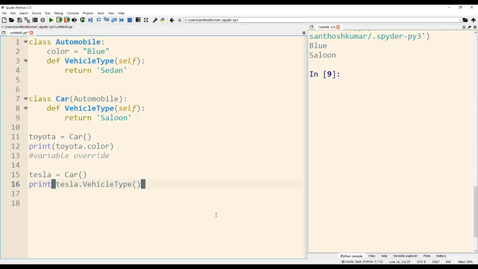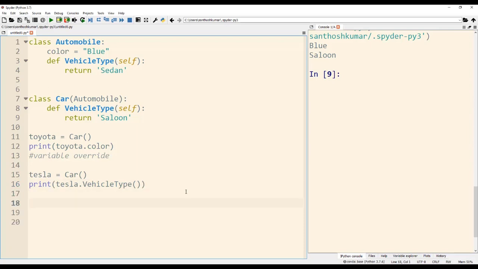So this is called method overriding. When I want to refer to the method in the automobile class, I have to declare another object and assign it to the automobile class and then print that method.